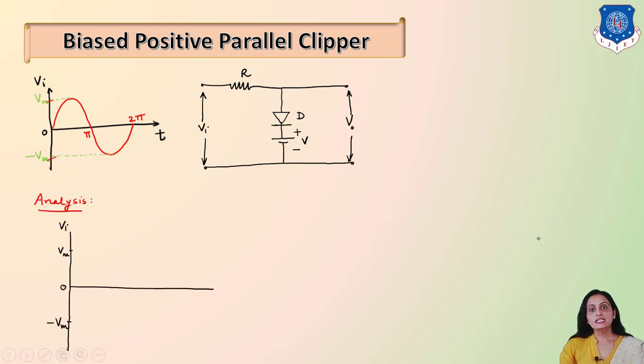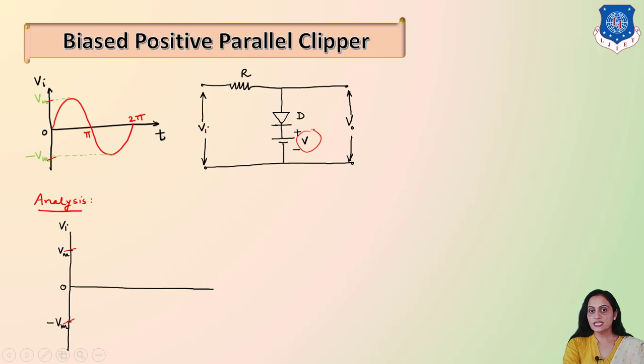And now we will start the analysis. As I explained earlier, we have to plot the input voltage range. The input voltage range is from plus Vm to minus Vm, as we have shown. Now we have to plot the reference voltage, from which we are going to divide the input voltage range into different parts for analysis. So here, whether we have to consider the reference voltage V positive or